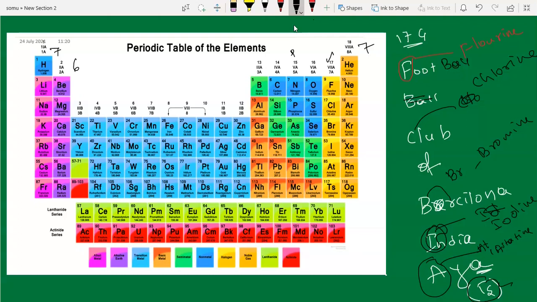And how many elements are there here in this group? 6. Here we have 4 elements. All D group elements, groups 3 to 12, have only 4 elements in them. Okay. I hope you remember this. You can easily remember this. Okay. Next we'll go to the 16th group elements.